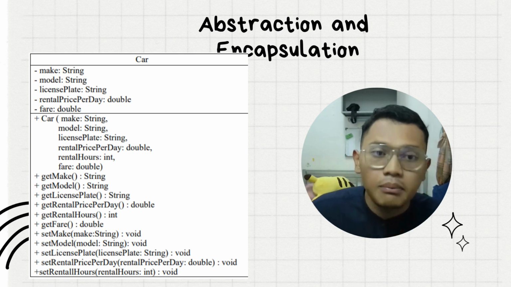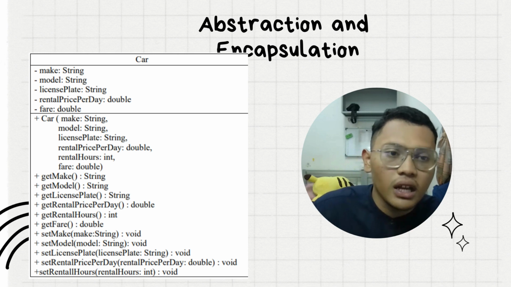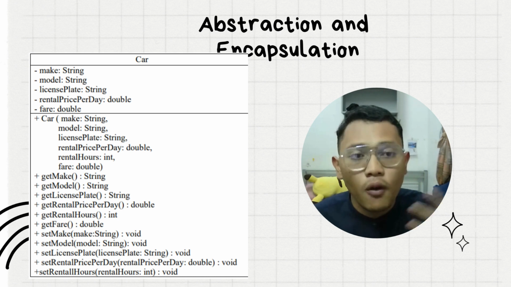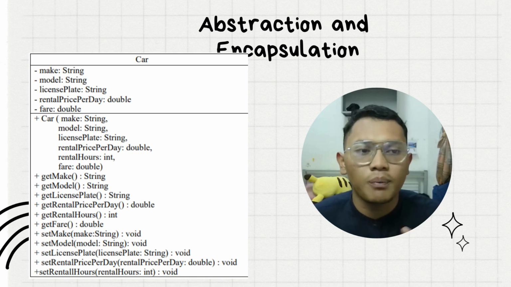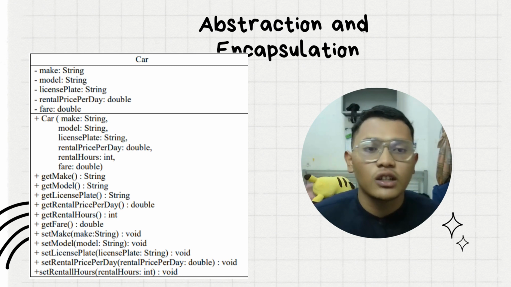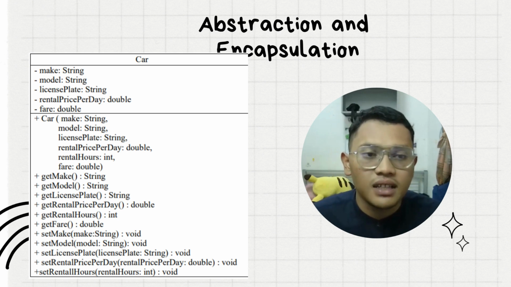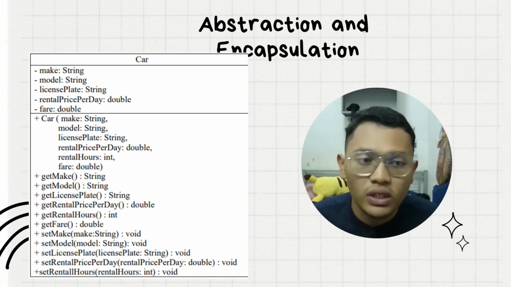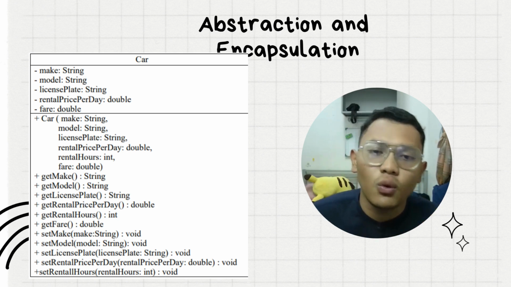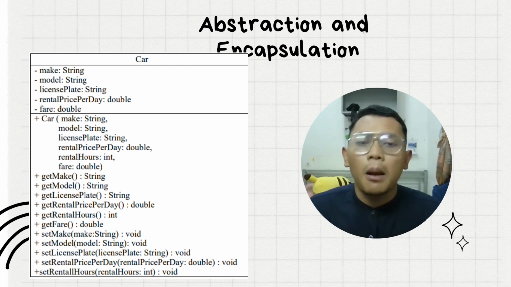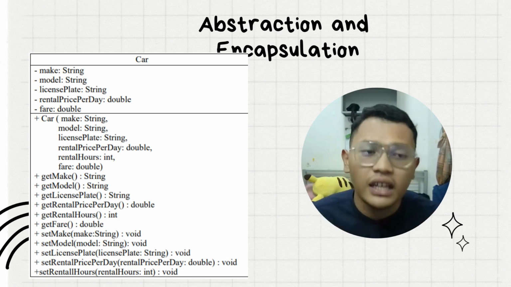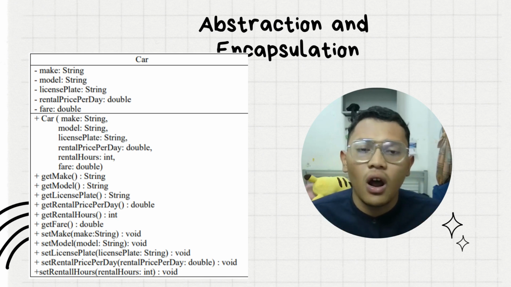And the public getter methods, get make, get model, get license plate, get rental price per day, get rental hours, and get fare, provide a way to access the values of the private variables from outside the class in a controlled manner. These methods abstract the internal implementation details of the class and allow clients to get the required information without knowing the underlying implementation. By using abstraction, the class provides a clear and well-defined interface to the outside world, hiding the internal